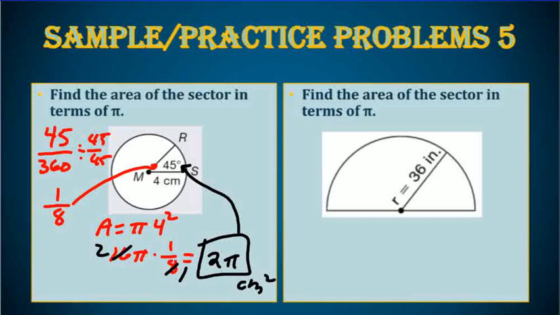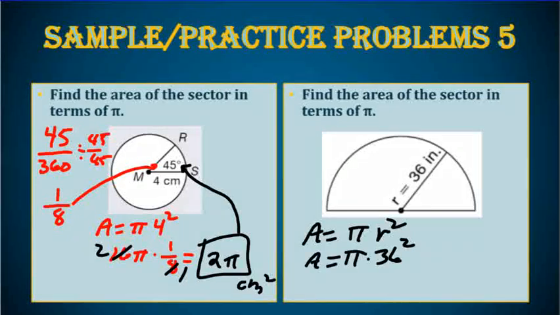Then find the area of the sector in terms of pi. So the sector here would just be a semicircle. So let's find the area of the semicircle. So the area is pi times radius squared, and we have the radius of 36 inches. So we need to square the 36 times pi gives us the area. But since we are not doing a whole circle, we're doing half a circle, we're going to have to divide